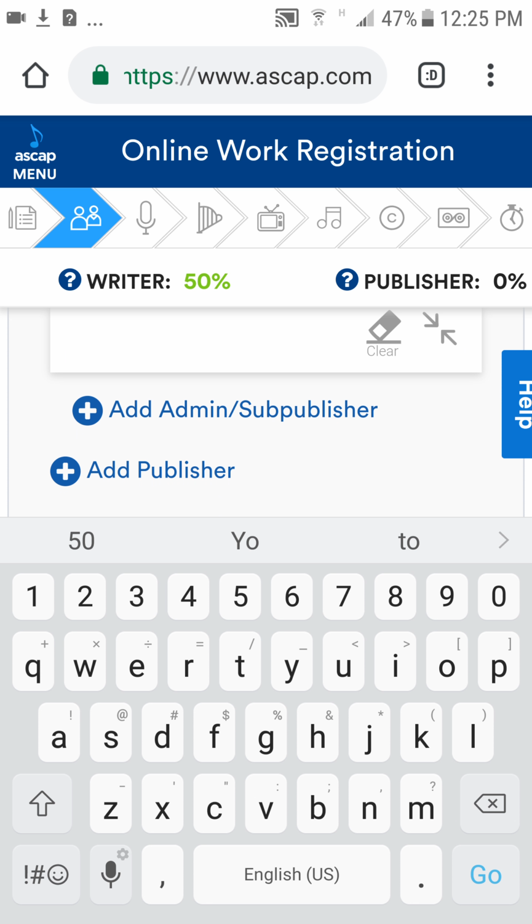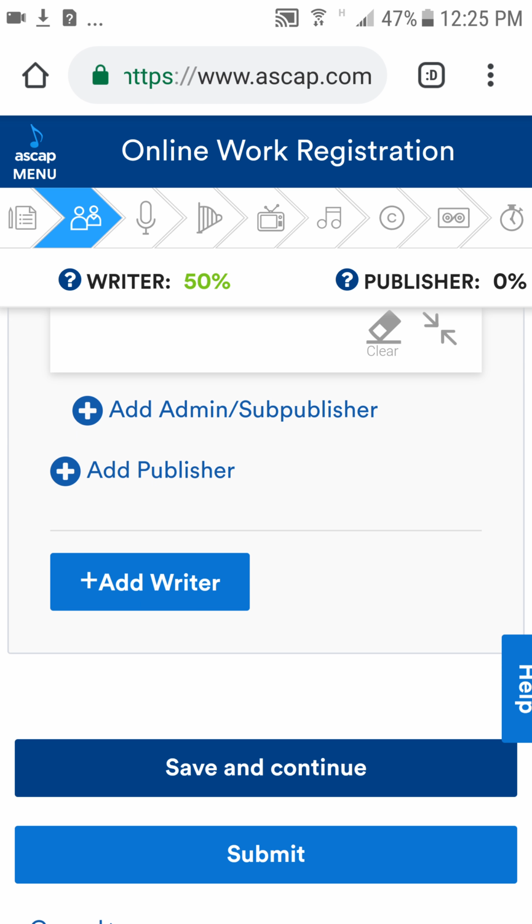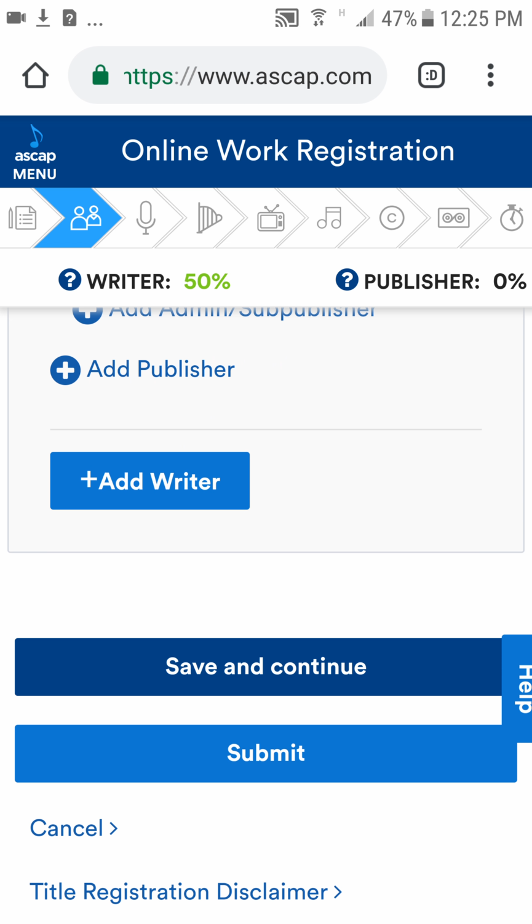And like I told you, if you own your own publishing, you'll get a check in the mail for your publishing, and then you'll get a check in the mail for your writer. You'll get an international check for your publishing and a regular one for your publishing. Then you'll get an international for your writing and a regular one for your writing. After you have everything clicked in, you can hit continue there.